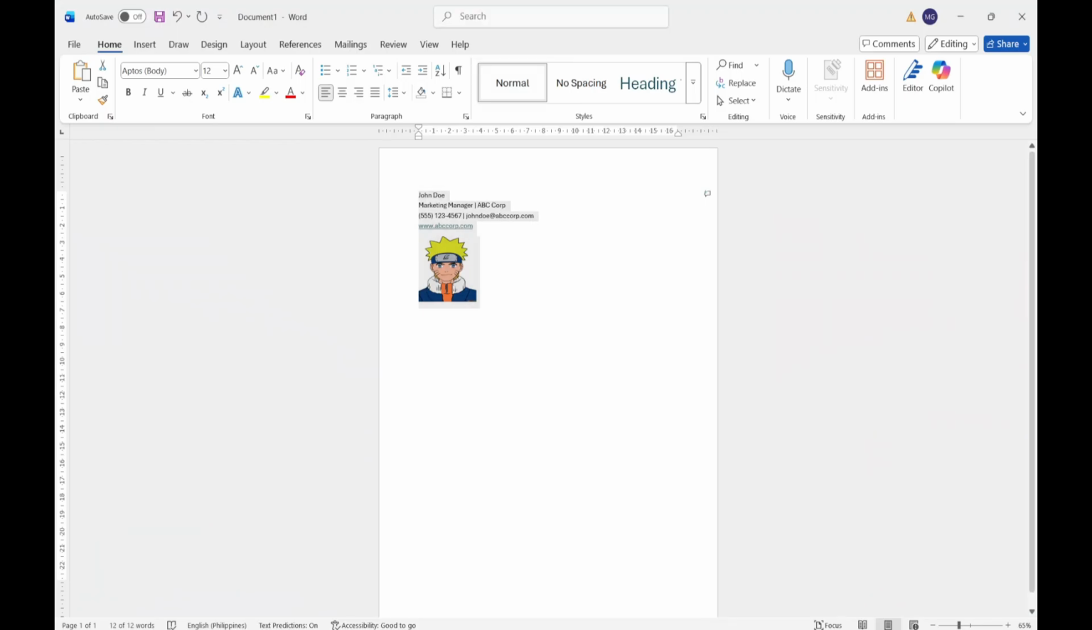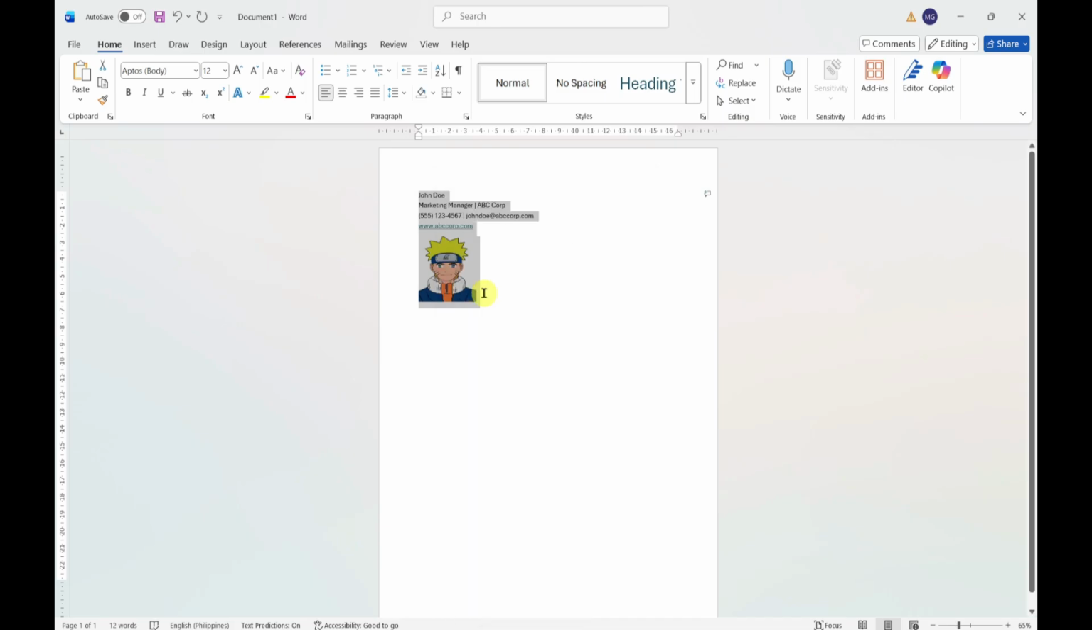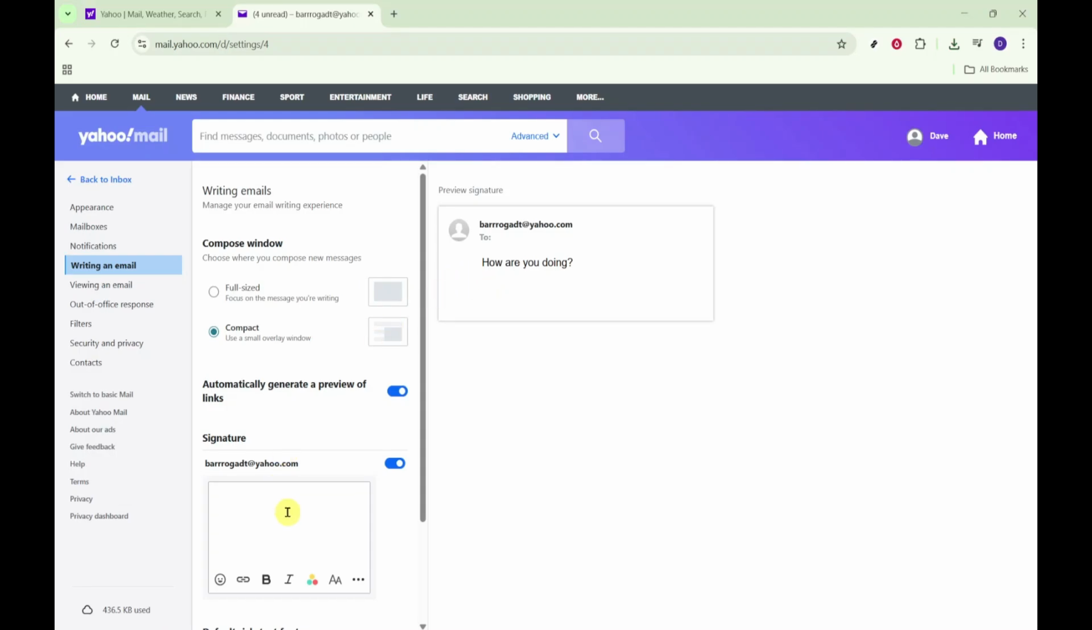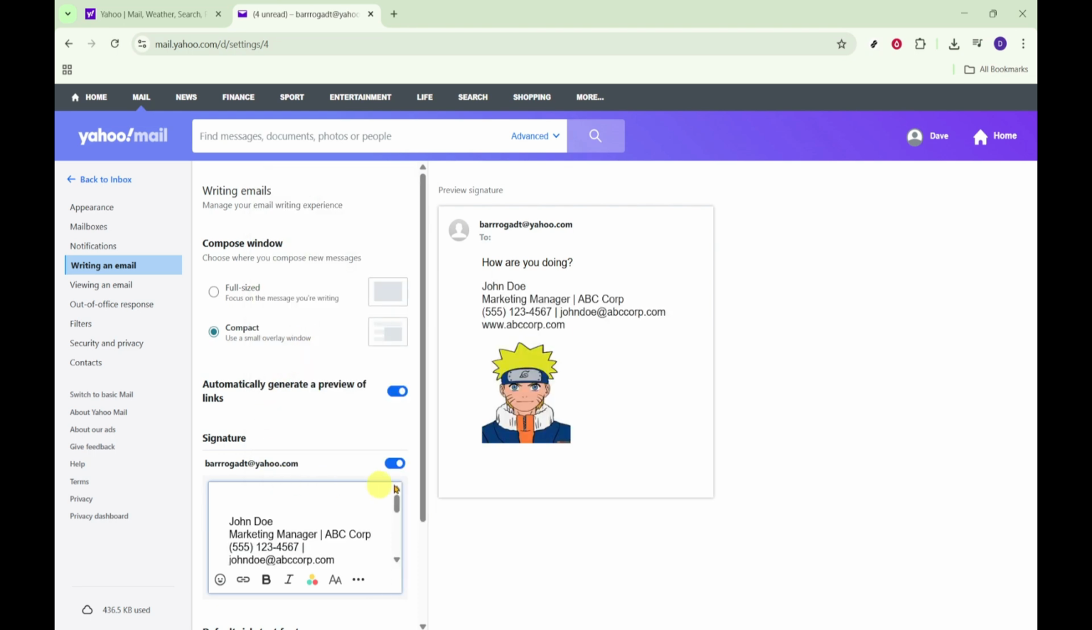Copy that complete signature, including the image, from your source. The image should be appropriately sized, generally no wider than a few hundred pixels, so your emails load quickly and look professional across devices. Back in Yahoo Mail's Writing Email section, click into the signature editor and paste your signature with the image. Yahoo typically preserves formatting and embedded images when pasted, especially if the image is hosted online and